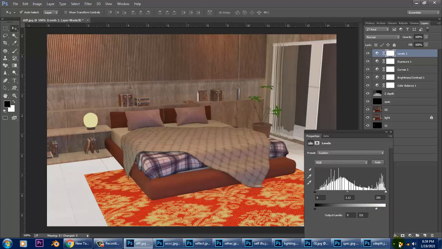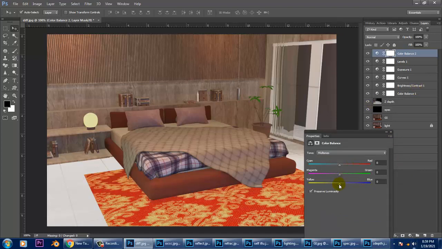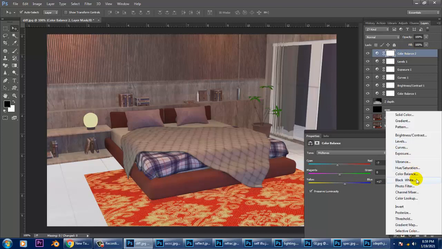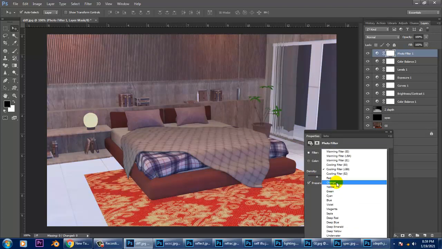Add some color balance again. Already it's red, I don't want to go with more red. Switch to a bit of bluish tone. And last but not least, photo filter. It's a preset. You can check out whatever best presets you want to add. You can go with sepia.